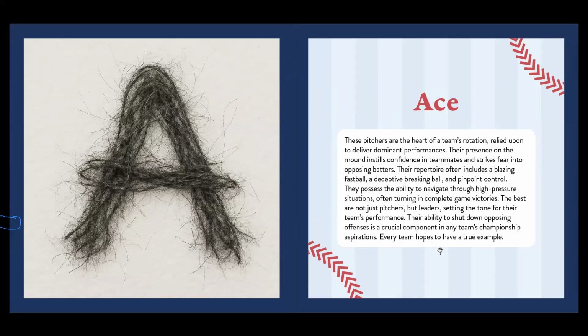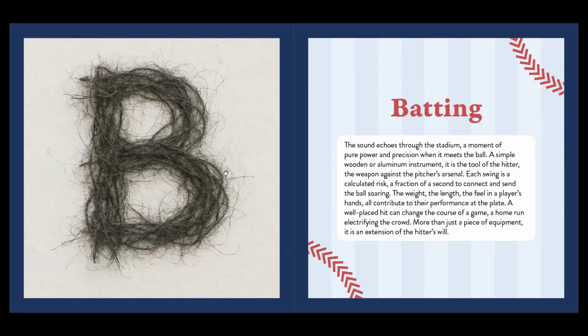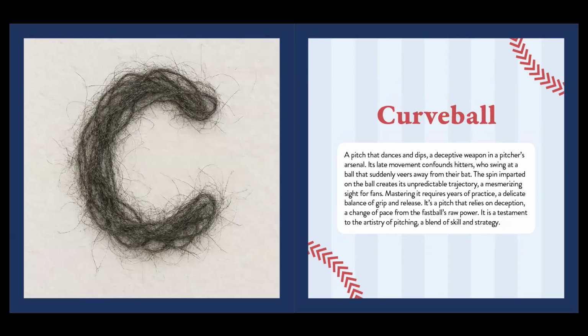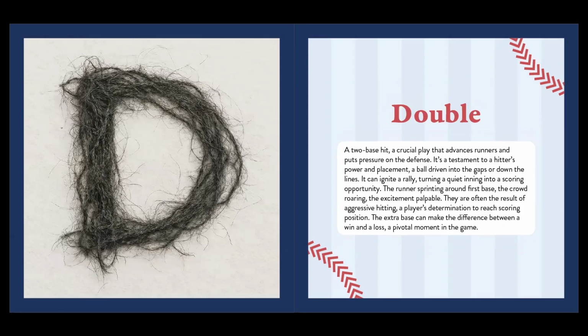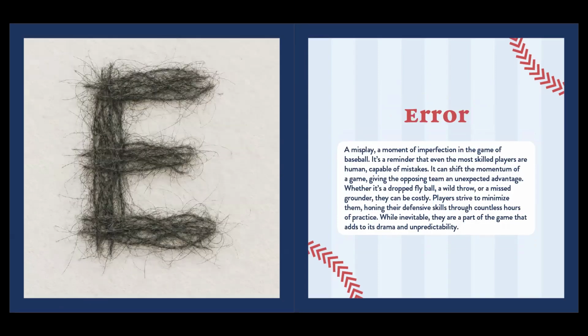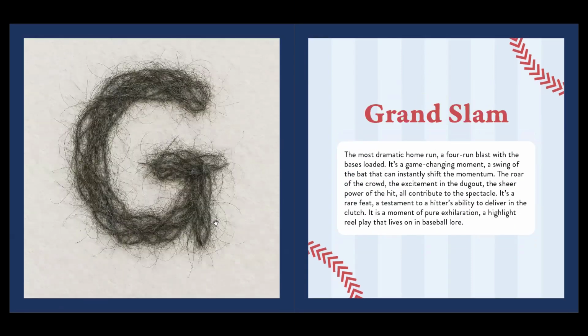Beautiful. Okay, sorry. So here are the side by side. I picked out all the words that relate to baseball. An ace is your main pitcher who does their best work on the mound. Batting, obviously, a big part of the game. Curveball is a type of pitch thrown by a pitcher. Double, errors that happen especially towards the beginning of the year. Fly balls, grand slam,